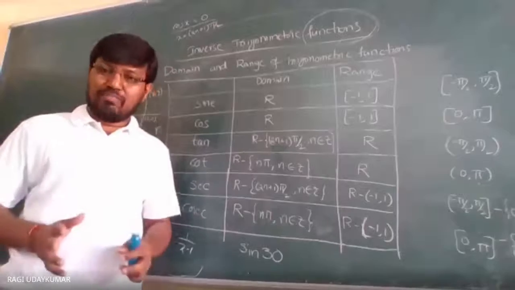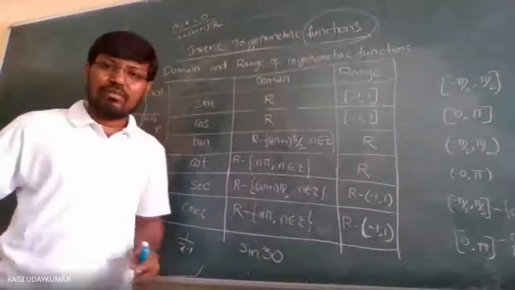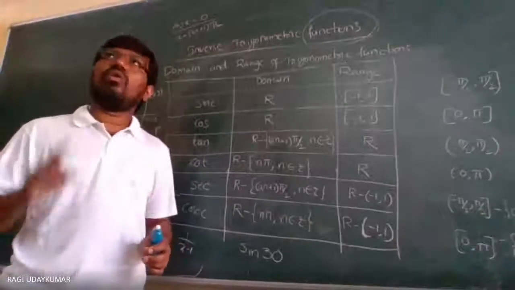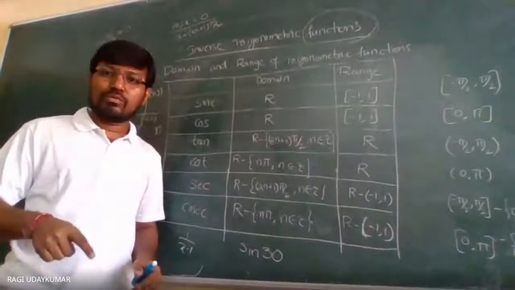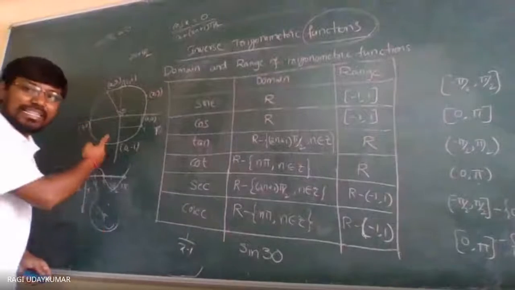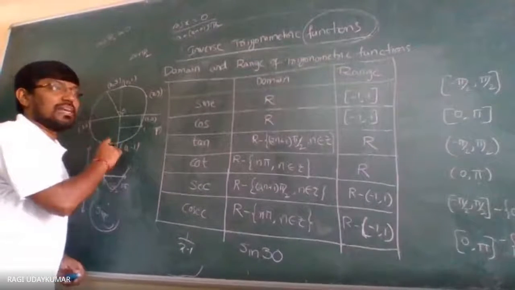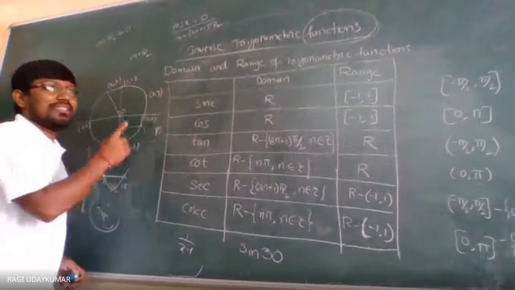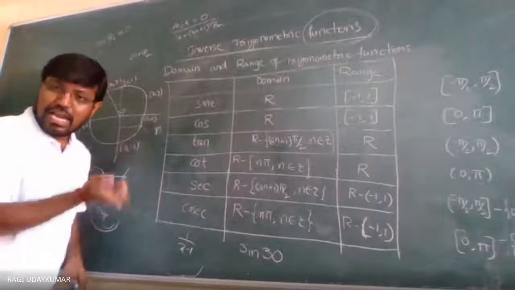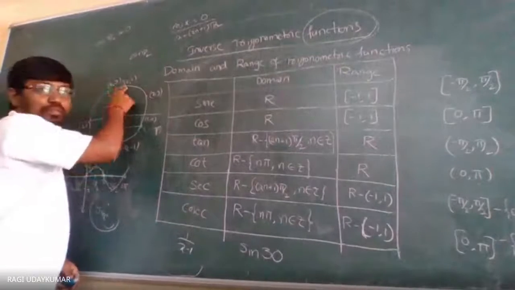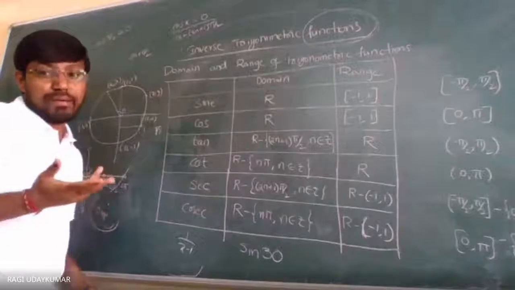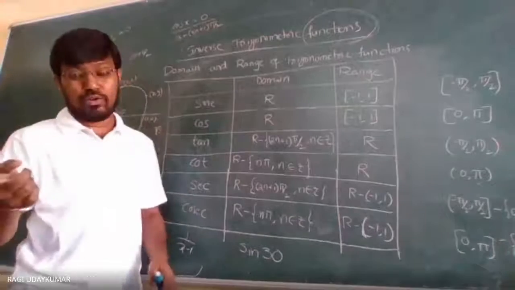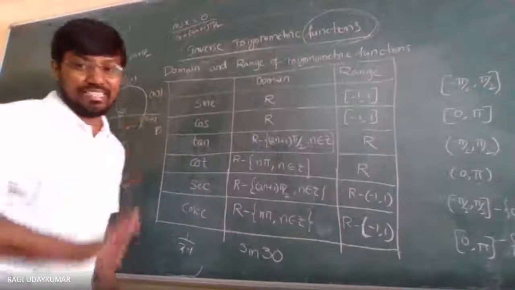But normally, what is the domain of tan? Tan is nothing but sine by cos. Where the cos becomes 0, thereafter I will get this into my mind. Cos is nothing but the x coordinate. The x coordinate becomes 0 at pi by 2, 3 pi by 2, odd number pi by 2, which is nothing but 2n plus 1 pi by 2. So 2n plus 1 pi by 2 will be deleted.